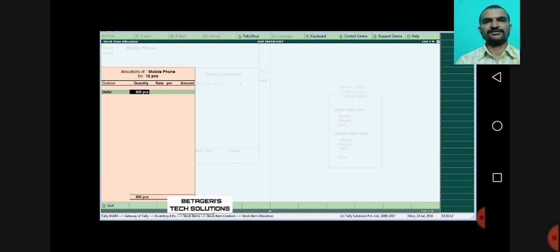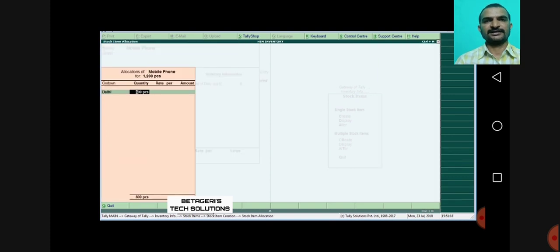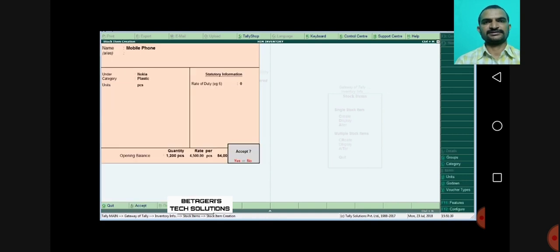Under Delhi godown, 700 pieces, 4500 per piece. Punjab godown, 500 pieces, 4500 per piece. Okay, just accept. 54 lakh.